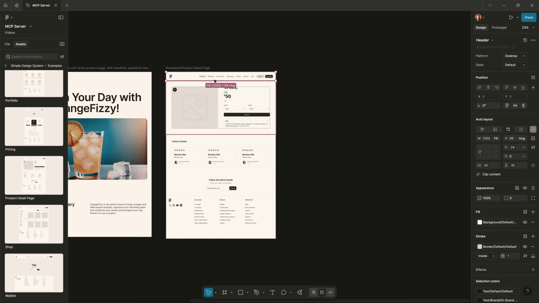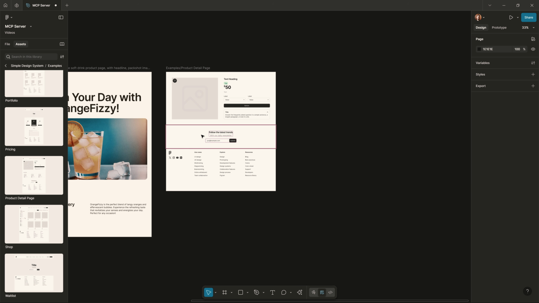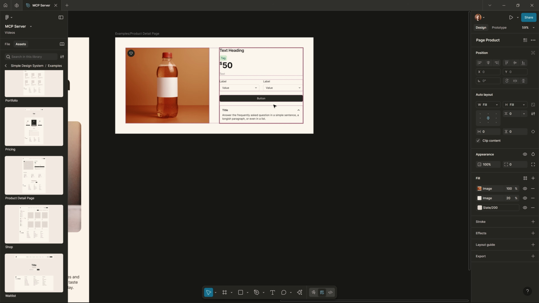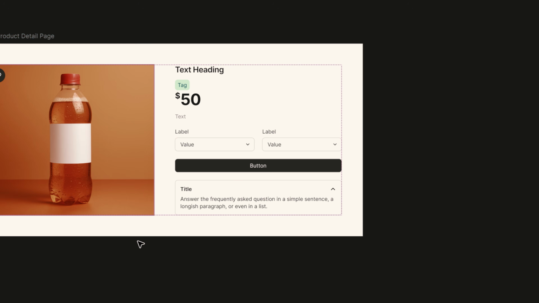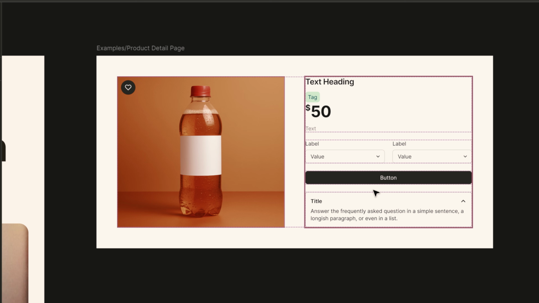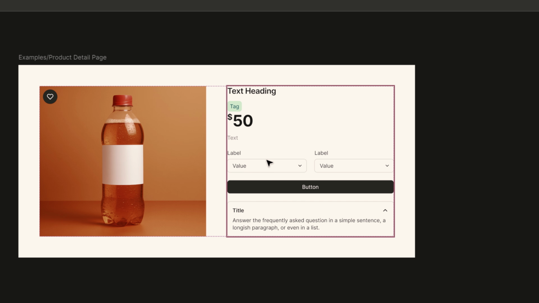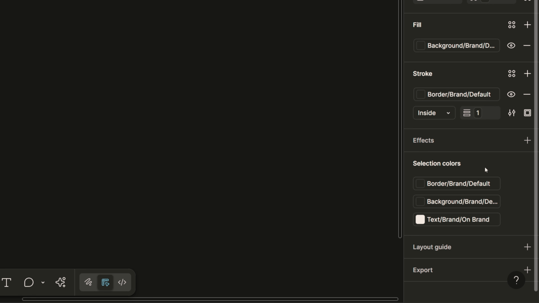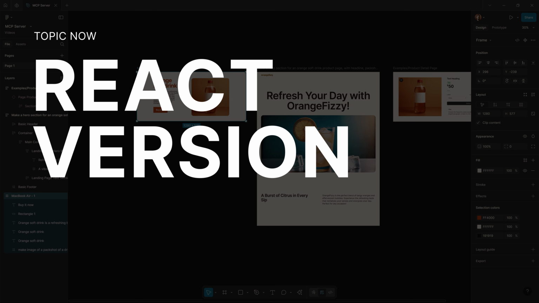And as I said, we don't need the navigation, we don't need anything else. So I'm deleting everything else and we're good to go. Actually, I don't want to really get into the detail of the design, it doesn't matter as long as we have these 3 different versions. Let me also explain that in the 3rd version, we have the component and we have variables. If you select something, you see, for example, for the gap properties, we have the variables which are connected and defined in the main library. I guess the same is for colors. Yes, so in the colors also we have everything else. So now we have all the designs that we need.